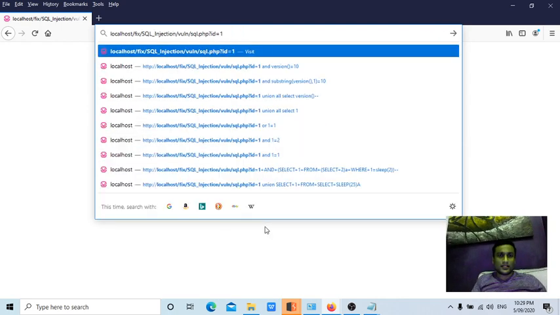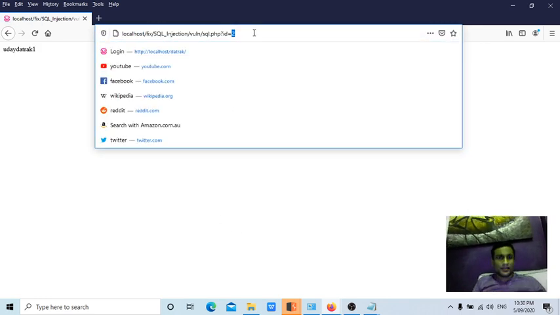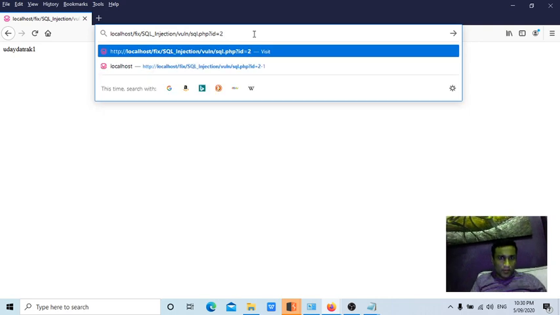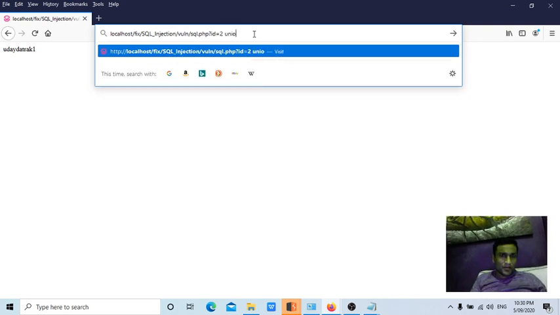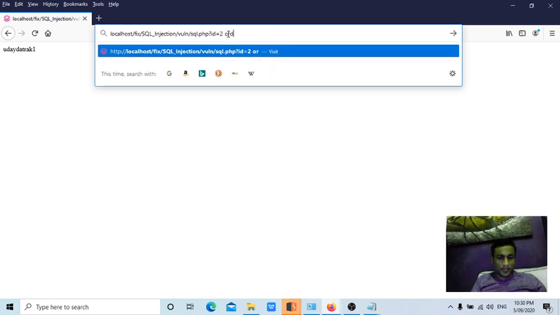Now what is another approach, guys, to confirm these things? Now I'm going to find out the number of columns. For that, since it is an integer itself, I'm going to give space order space by 1. I don't think beginners need all these things, but I'm still covering. Your job is to confirm whether it is SQL injection or not. But for advanced, I already covered it in my previous video.